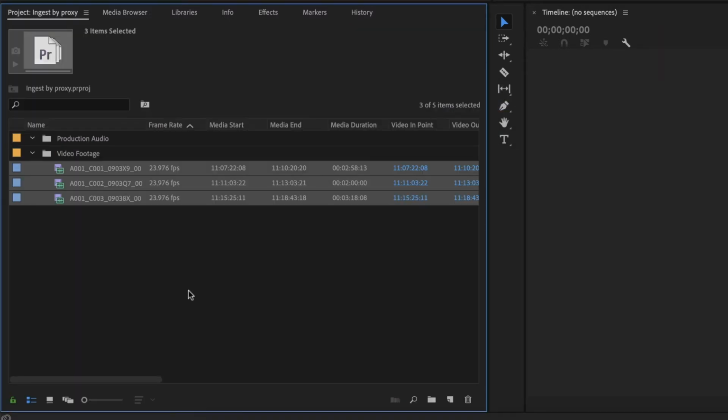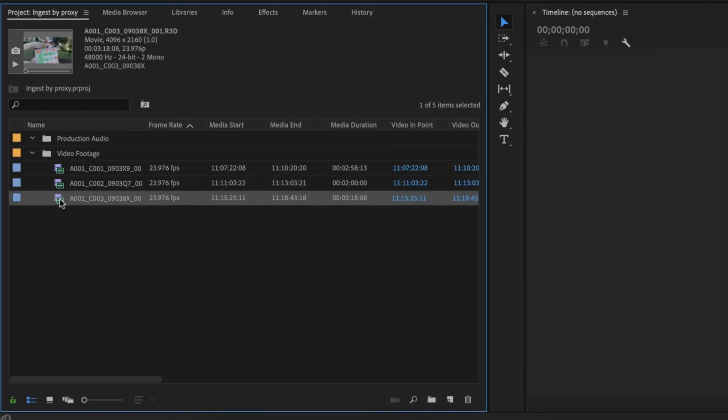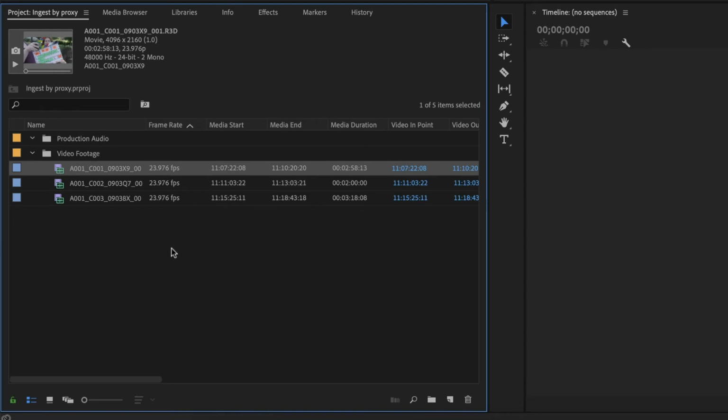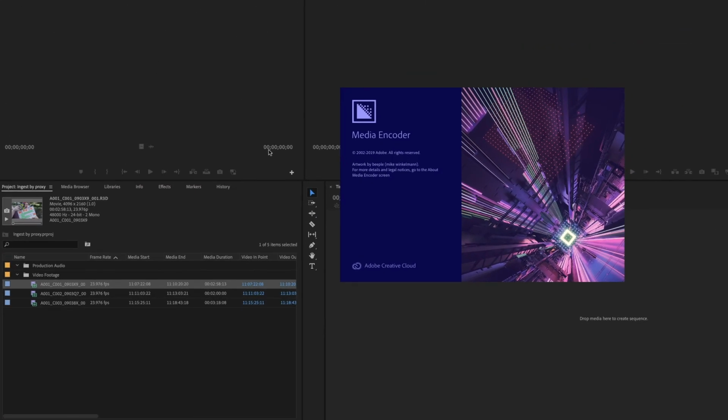So now what it has done is it has imported these files, but it's also going to be opening up Adobe Media Encoder in the background. In order for this to work, you actually also have to have Adobe Media Encoder, and you'll see that it is pulling it up. So while it has imported the 4K red footage files, it is also going to pull up Media Encoder automatically,